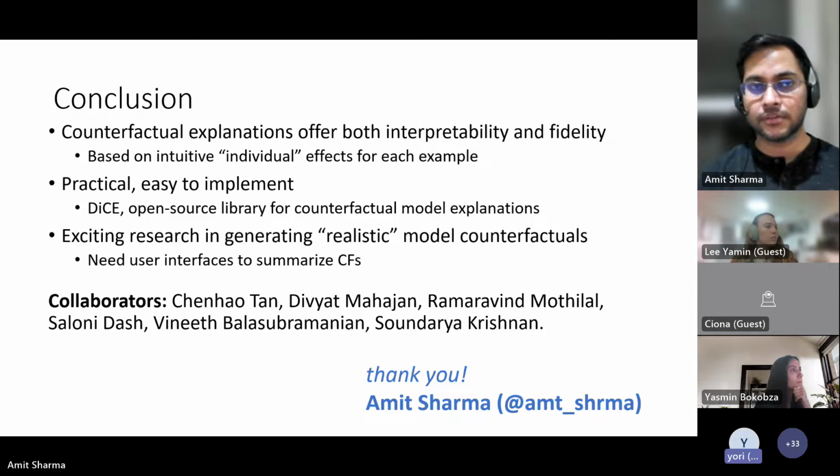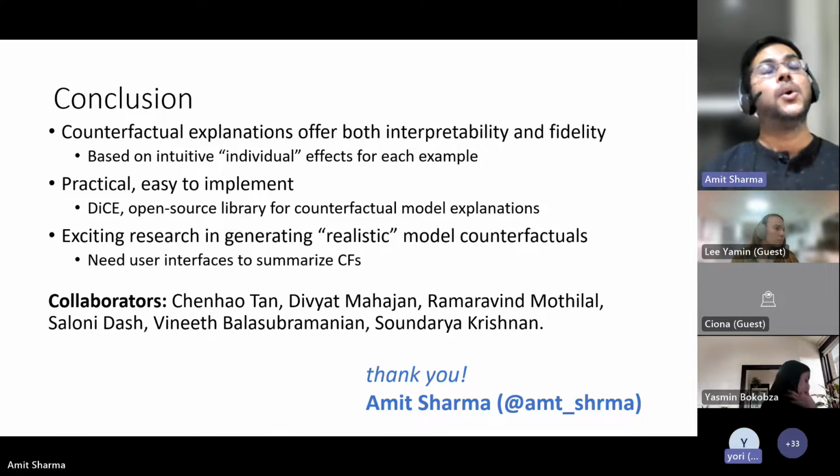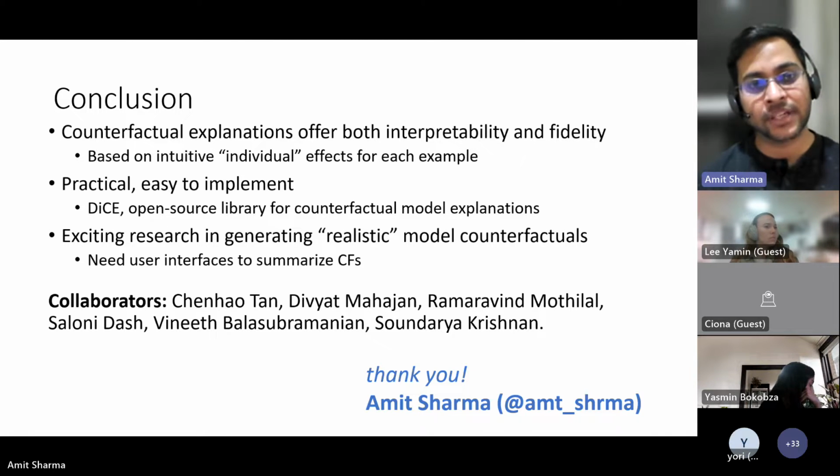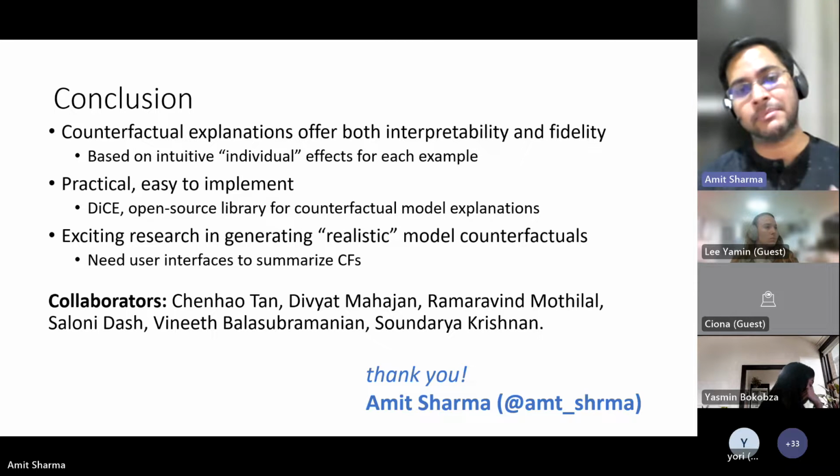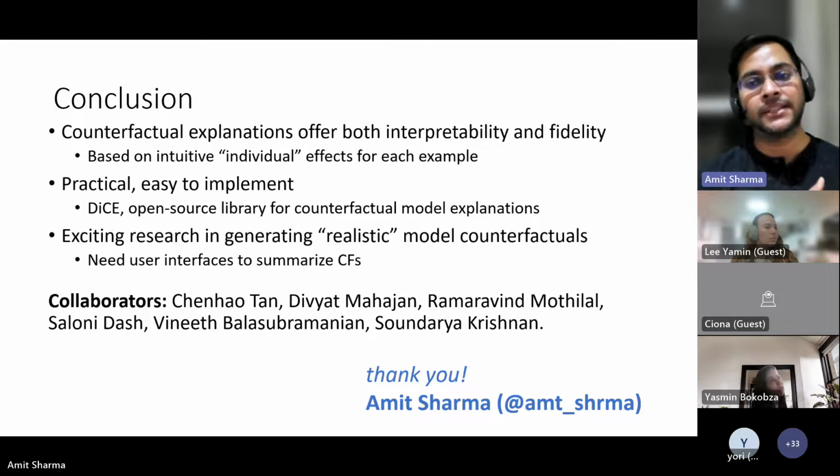A question building on this: is there any way that you can think about using counterfactuals to figure out additional features that make a difference? I think, yes, you can, but not with the methods that I described in the talk today. But if you think of counterfactuals in general, I think, yes, we can think about getting access to things that might be missing, right? So one example could be that,